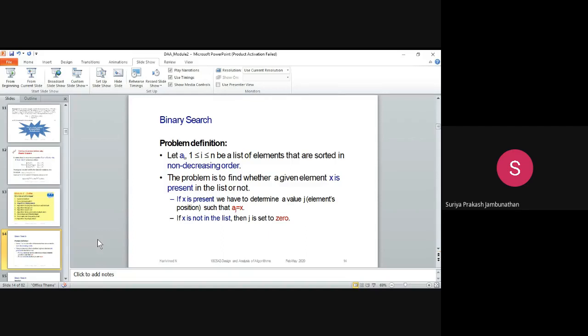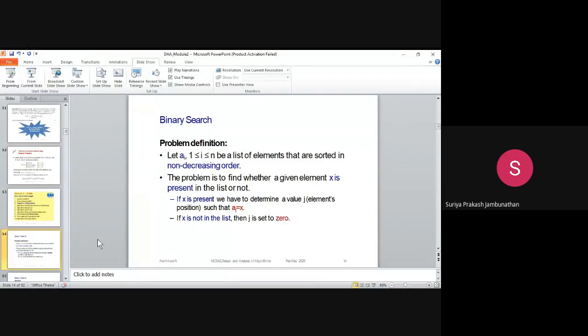We should not have a decreasing value. For example, with 1, 3, 5, 2 should not come next. Whatever sorting you make should be in incremental order. The problem is to find whether the given element X is present in the list or not.